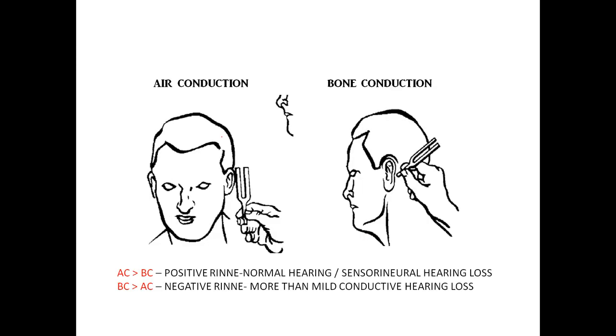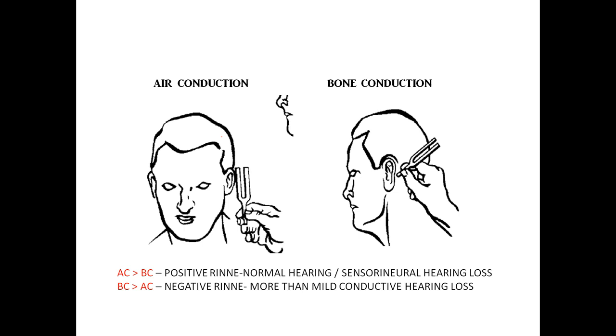Here you can see the tuning fork is placed near the ear. It is not touching the ear. Kindly note that the tuning fork should not touch the ear while stimulating AC. Whereas while checking bone conduction, the stem has to be placed firmly on the mastoid.